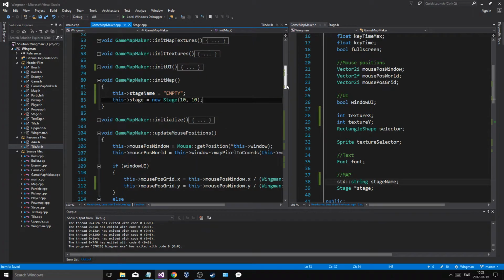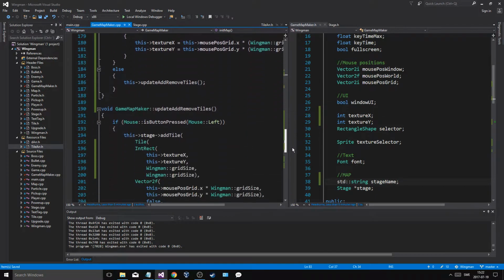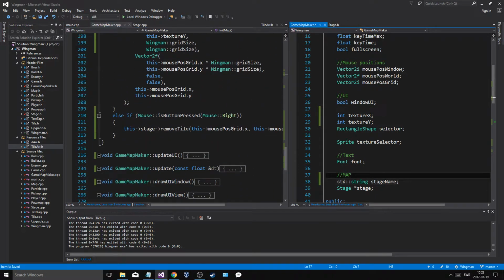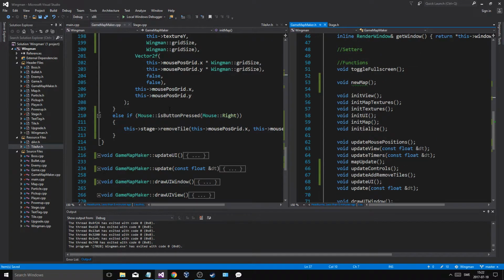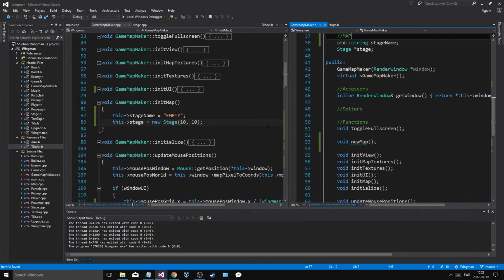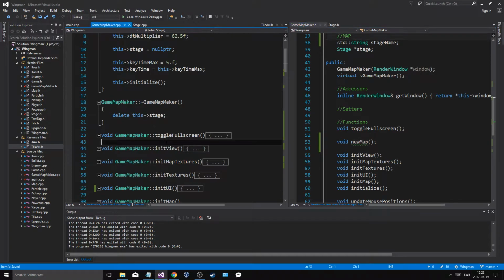And then let's go down to what we were doing. We made a new map function. It's going to be above all the init and everything. I think it's going to be right here. So void game map maker new map,